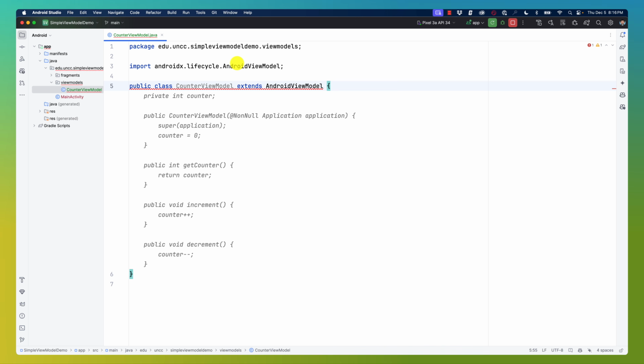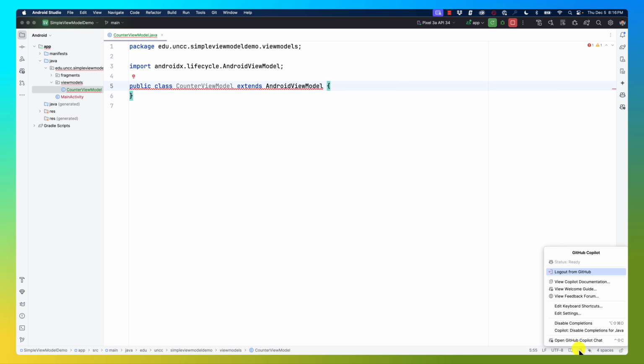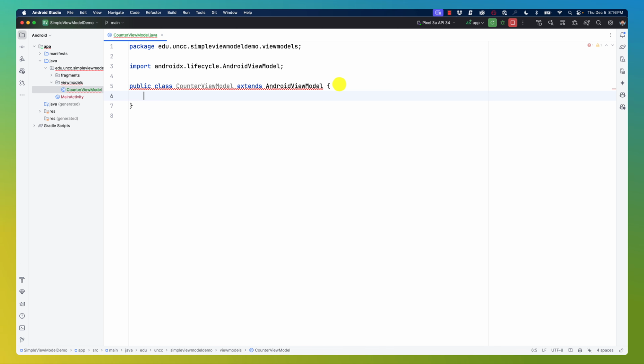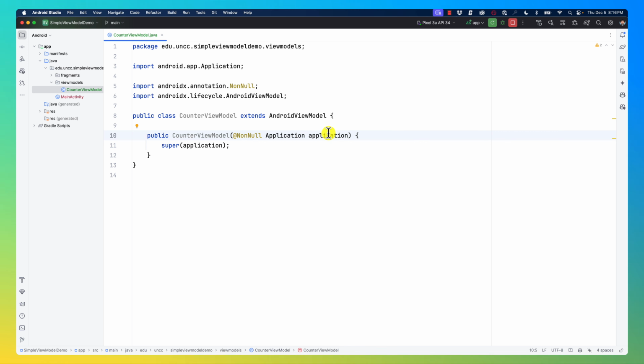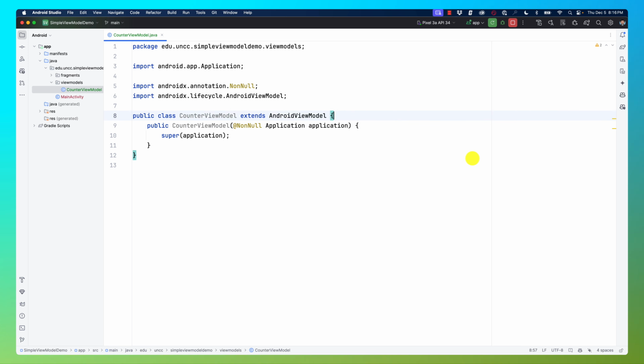Okay. Now, in order to extend the AndroidViewModel, let's disable completions a little bit here. In order to do this, you need to implement a constructor, and I just created the constructor for that. Okay. Now, that view model, if we go back to the application that we are looking at,